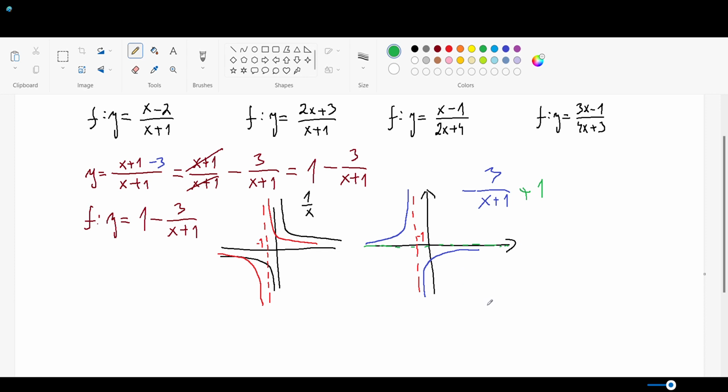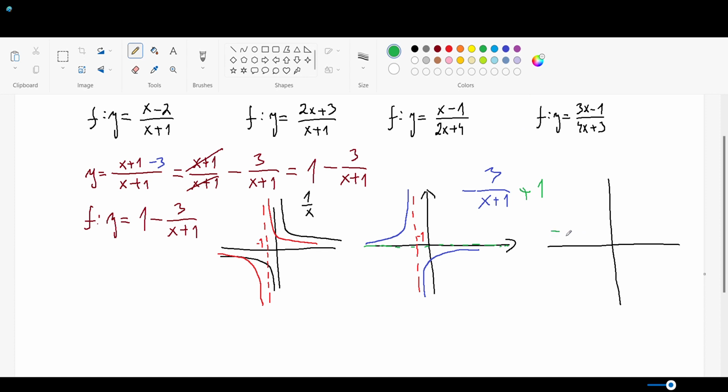So it means if we want to draw this function from this blue function, we need to move our horizontal asymptote 1 unit up. I will use green